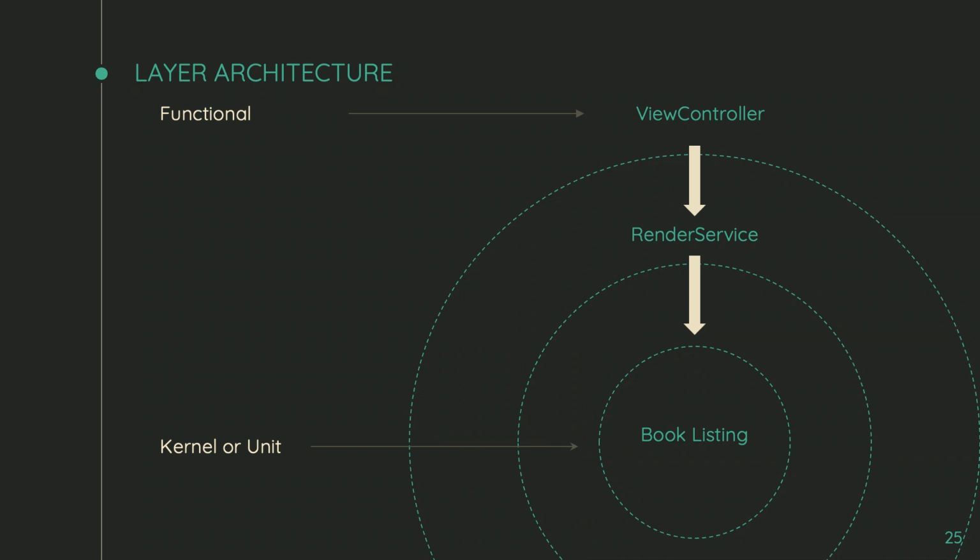Okay. So here's kind of a way to think about how you're going to distribute tests, because your kernel and unit tests and functional tests don't actually live in isolation. They're going to have a kind of harmonious relationship with each other as you think about your testing strategy. This is way oversimplified. This is just your basic layer architecture where you have some code that has dependencies that don't know about each other. All of us have worked with this, even if we aren't familiar with the technical name of the architecture.